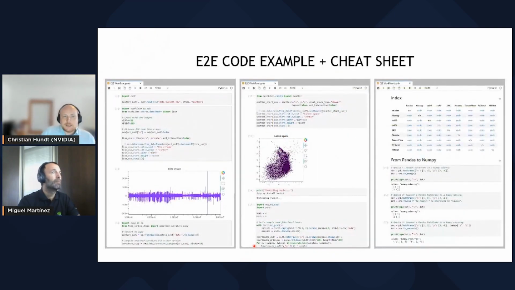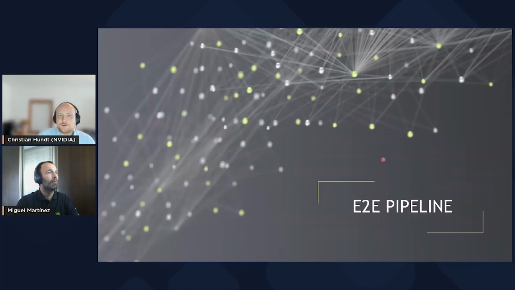Let's have a look at the pipeline. We coded that pipeline in a Jupyter notebook for you, so you can try it at home. On the left, you will see the full pipeline for the heart segmentation, and I will explain it in detail in a sec. We also provide a Jupyter notebook with a conversion table that shows you code snippets for how to convert data from one framework to another efficiently. And let's dive into the end-to-end pipeline.